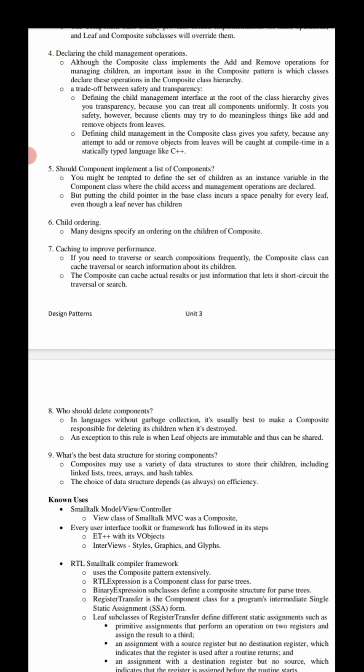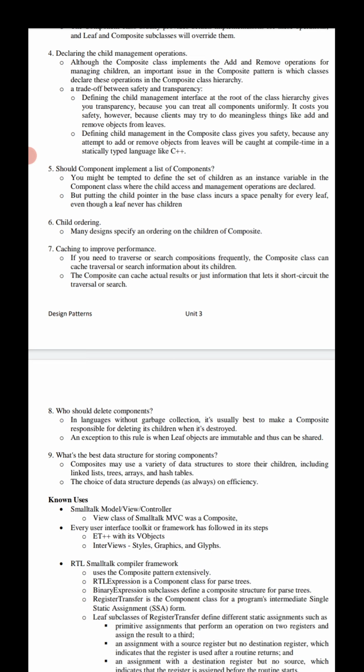What is the meaning of this sentence? In the component class we need to define the set of children as an instance variable, where the child access and management operations are declared. But putting the child pointer in the base class incurs a space penalty for every leaf, even though a leaf never has children.